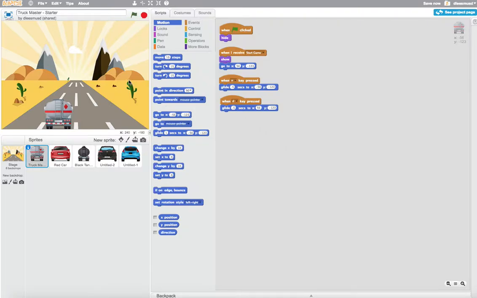We have our truck, and he's able to glide between the two middle lanes, but he's still not able to glide to the far end lanes. So what we need to do is know which lane the truck is in. We need to know if the truck is in the 0 lane, the 1 lane, the 2 lane, or